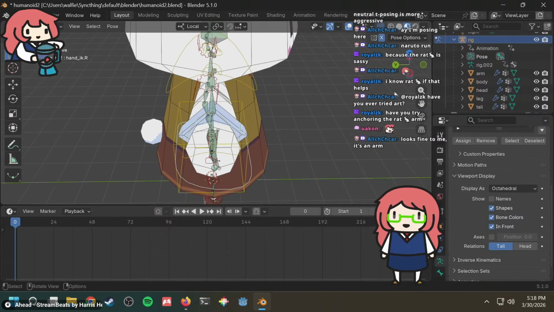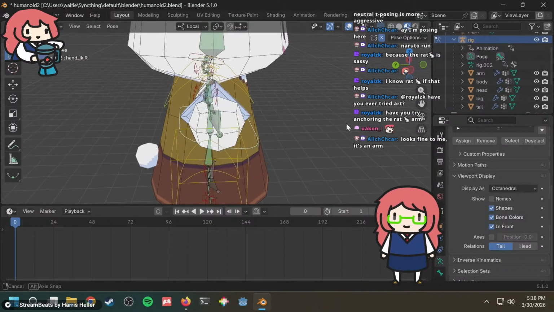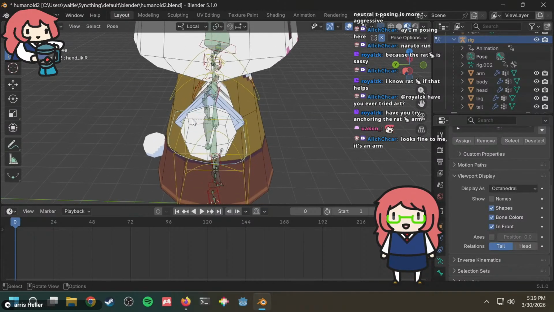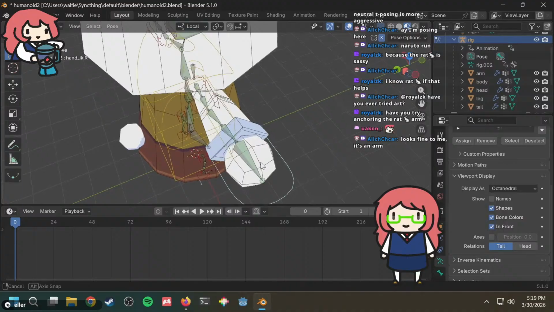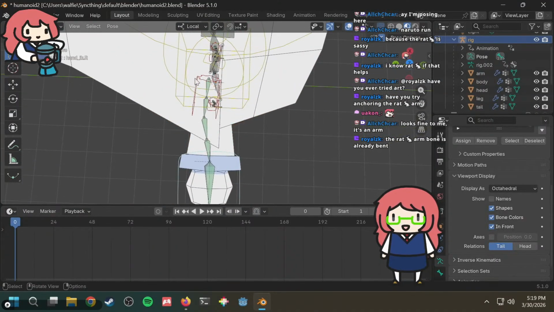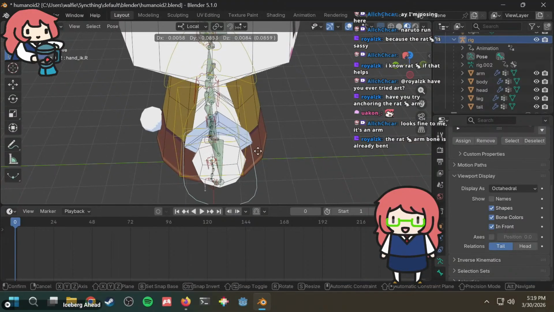Welcome, Uakon. It looks fine to me. It's an arm, but you see this thing right here, it's slanted, right? I mean the control specifically. Is that supposed to be that way? And then same thing for this. This line right here appears to be bent, and yet it's not.